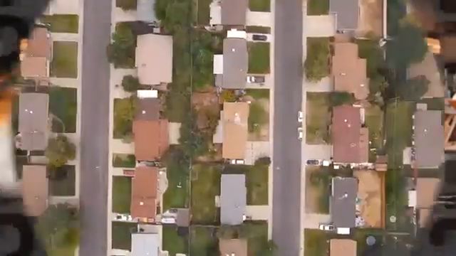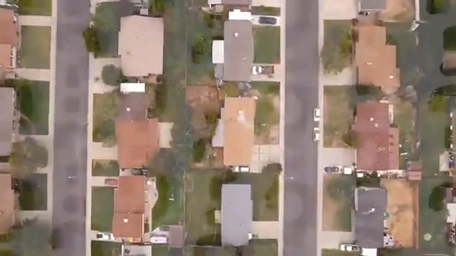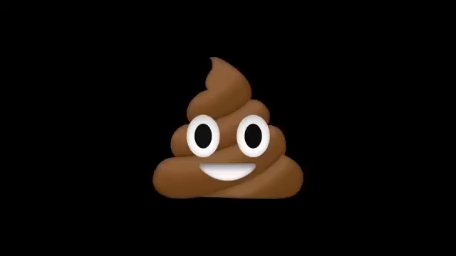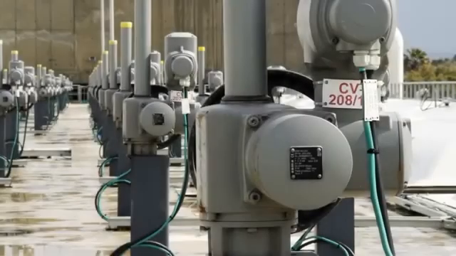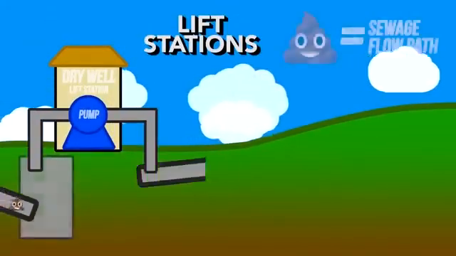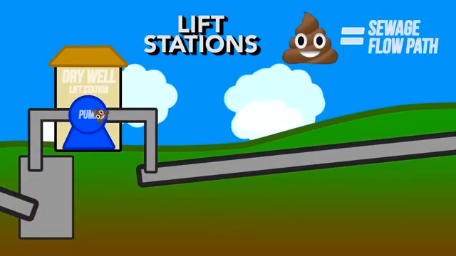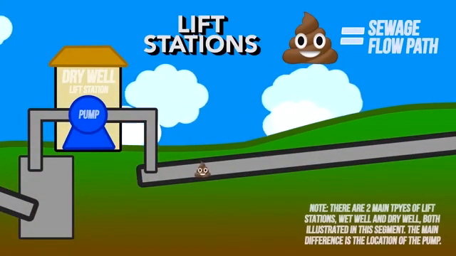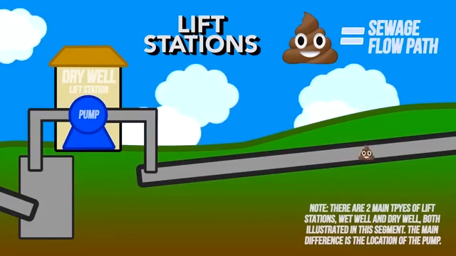What happens when your house is below the elevation of the wastewater treatment plant, or if the sewage needs to travel over a hill? You need to pressurize the poop. This is done using grinder pumps or lift stations to pump the sewage up over hills. These stations collect sewage from lower elevations and utilize pumps to push it up to the needed height where it can gravity flow from there on out.